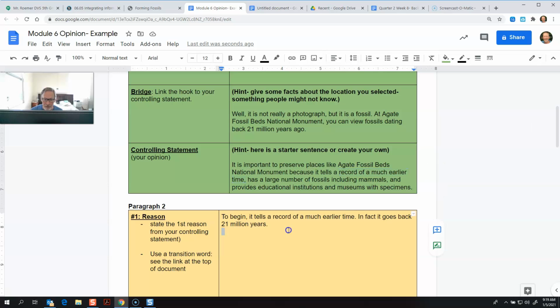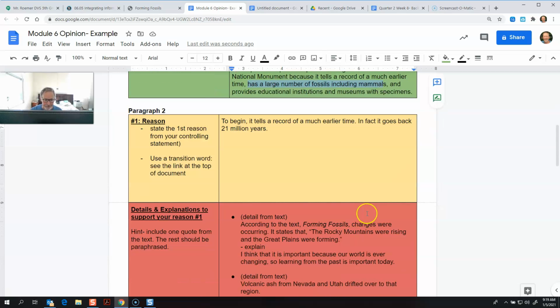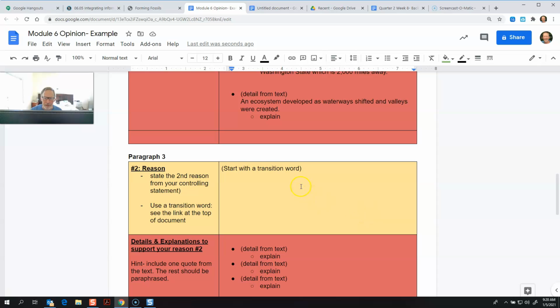Okay, my second one is right here. It has a large number of fossils, including mammals. Okay, I'm just going to go ahead and copy that, and that's going to go down into my second reason right here. Okay, and right here I can see that I should have a transition word. Okay, I could say furthermore,